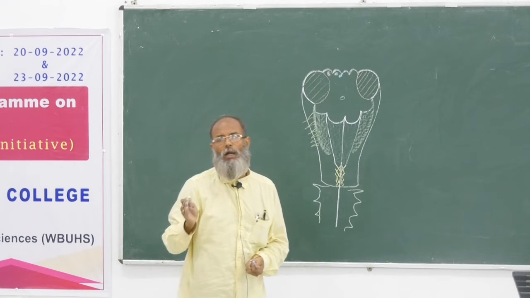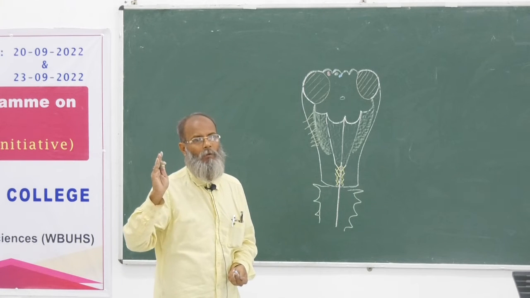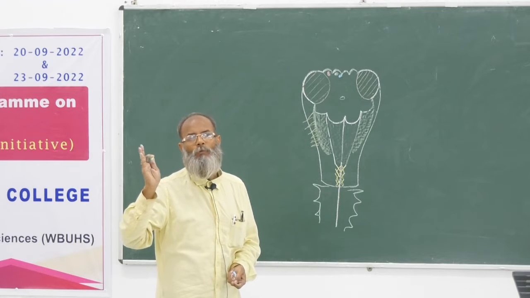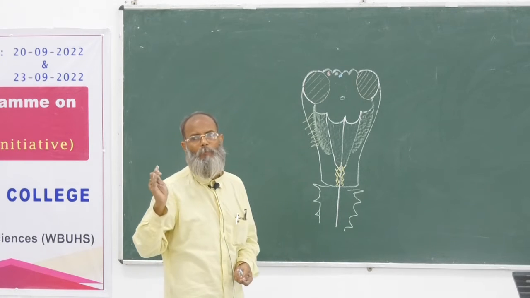About 9 to 10 rootlets unite to form the vagus nerve. Where these fibers join, finally,